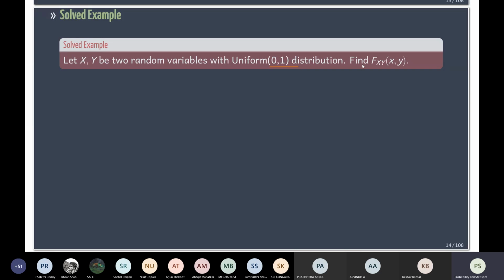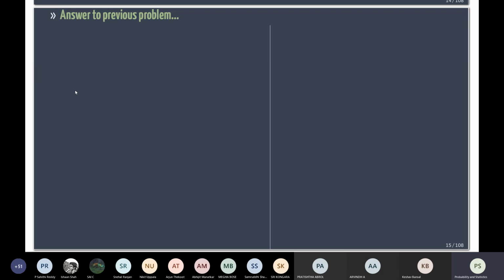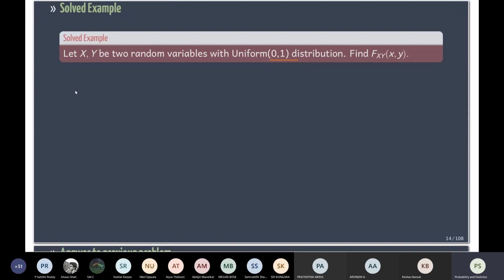Okay, so we are given uniform. We are supposed to find... so we have to recall what was the uniform, right? Okay, so I do have a space here as well as here. So I can try to do it here. So since